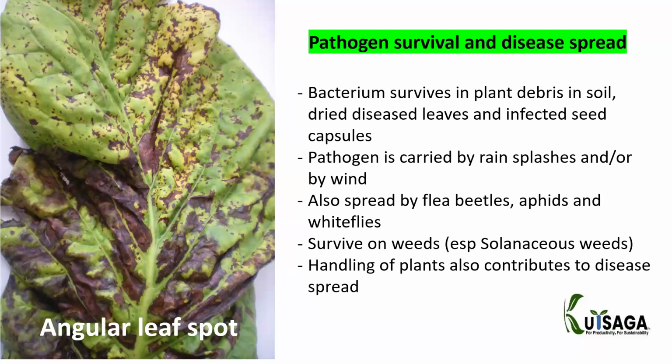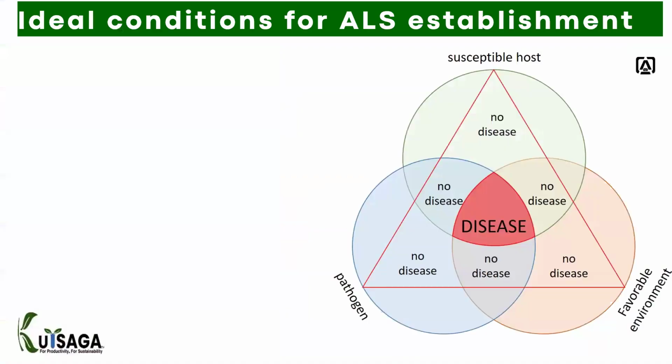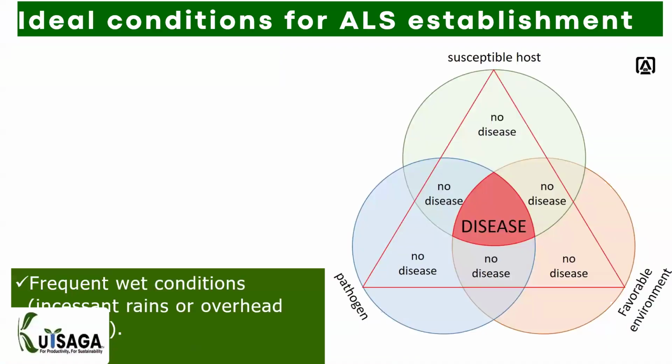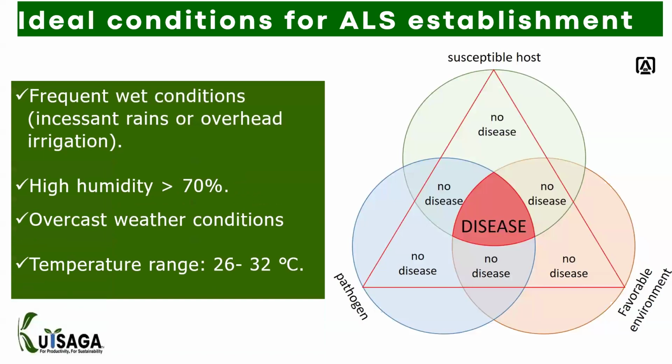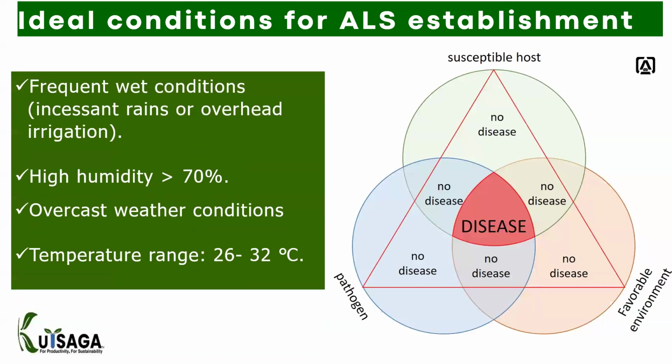What are the ideal conditions for the establishment of angular leaf spot? So this is a disease which requires wet conditions. If you have incessant rains, or if you are going to be using overhead irrigation, that creates a microclimate in which angular leaf spot thrives. So in conventional seedbeds, for example, because we use a lot of sprinkler irrigation, that is very conducive for the buildup of this problem. And then in the field, you'd realize that whenever it gets overcast, this problem also spreads